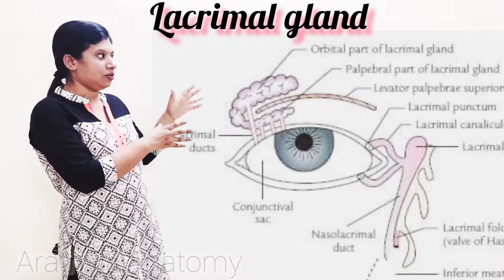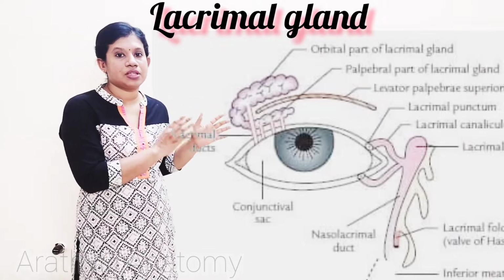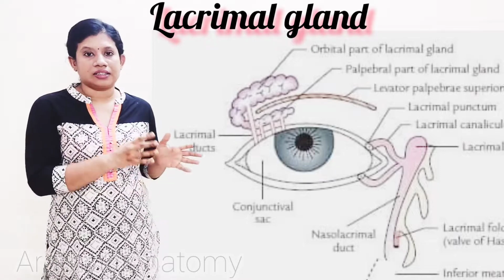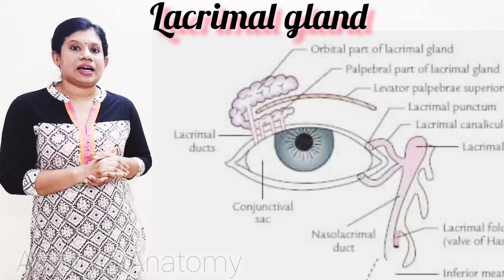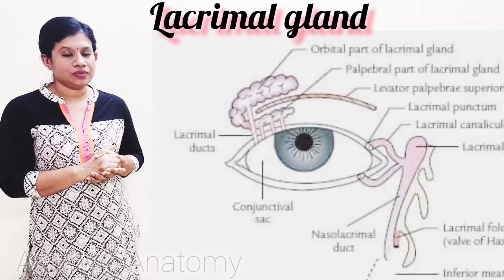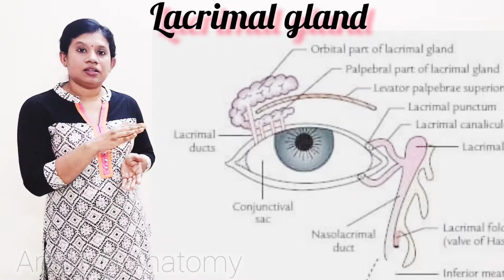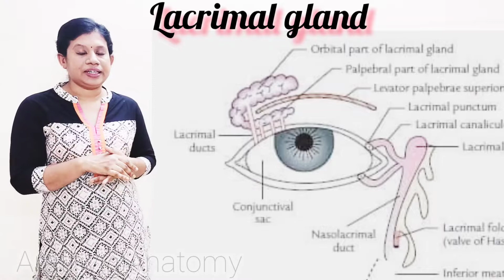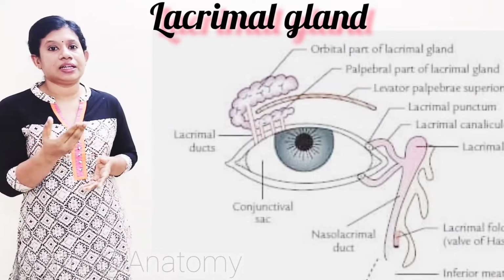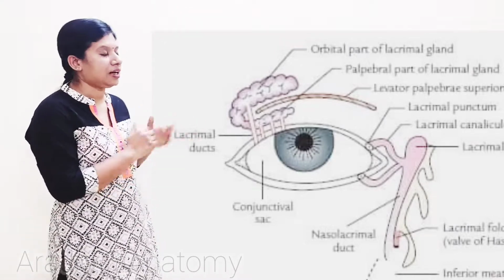This serous exocrine gland mainly produces the tear fluid through the duct. It reaches the conjunctival sac and lubricates the eyeball as well as the deeper aspects of the eyelids. The periodic blinking of the eyelid helps to spread the tear fluid. At the same time, some part of the tear fluid evaporates, and some comes out through the lacrimal canaliculi also. So that is about the lacrimal gland.